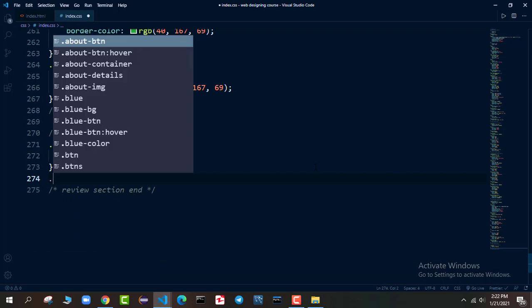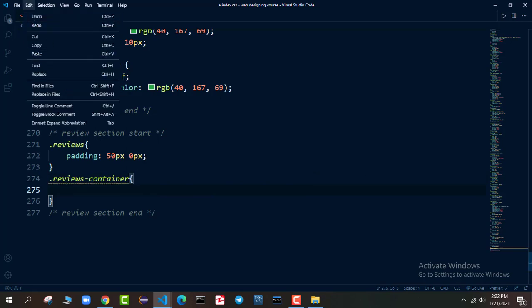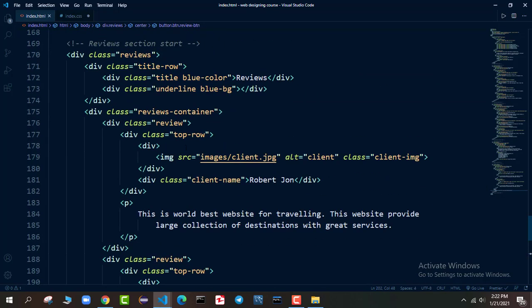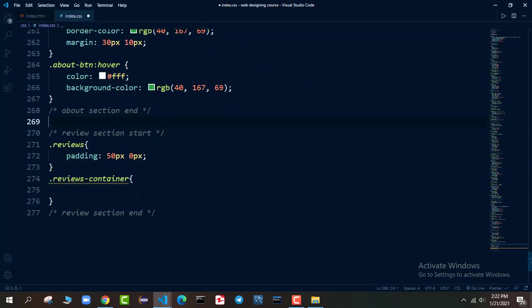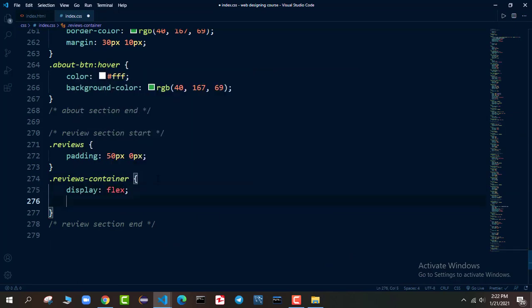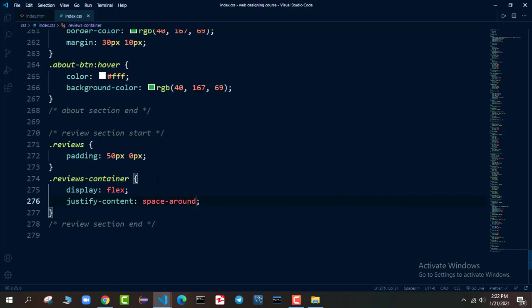I will go down, I will say review container. Let me confirm, is it review container or reviews container? So if I go here, it is reviews container, so this is reviews container. In the reviews container we want to make them display flex, and we want to justify the content as space around.